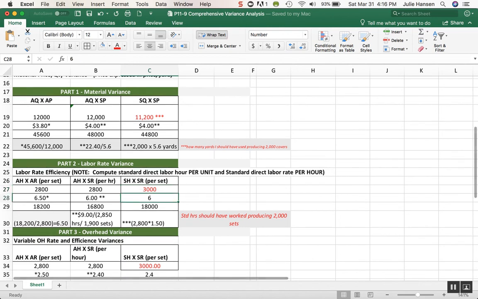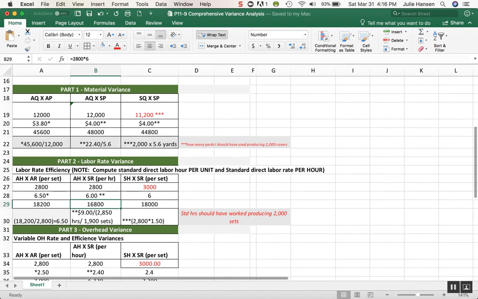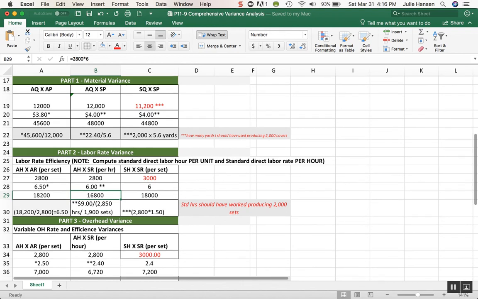Hopefully that makes sense. And there's my $6 that transferred over here. So then my standard hours times my standard rate is 18,000. So I take that minus that to come up with my efficiency variance. Alrighty, let's go down to the